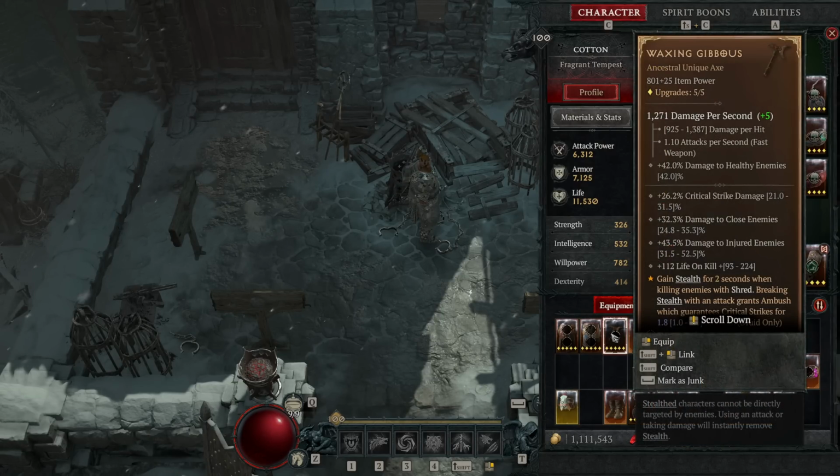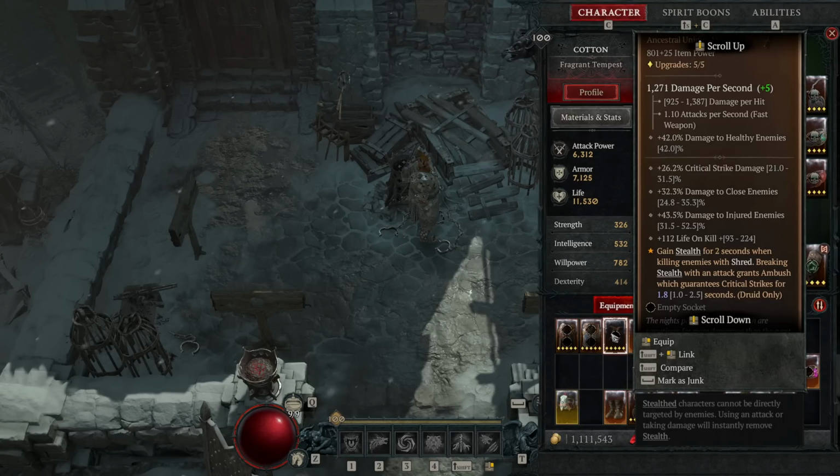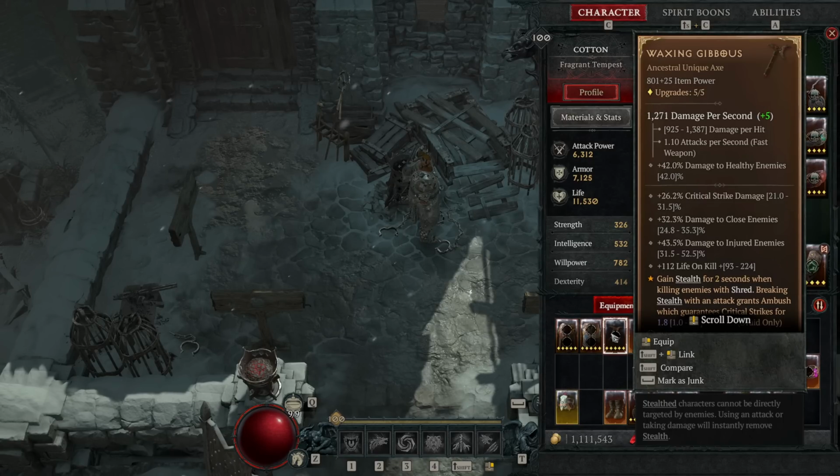Breaking that stealth gives you guaranteed crits for a short duration. This is awesome if your crit chance stat is low in general, but it suffers significantly in single target encounters where you cannot activate it properly. So while it is an option if your stats aren't great, I actually don't recommend using this one in the